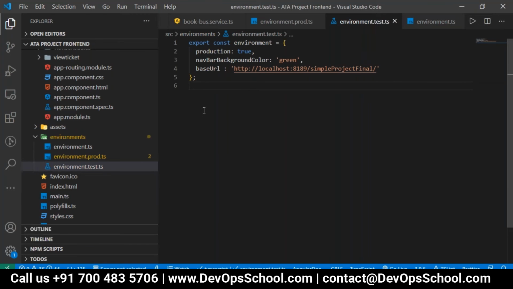So I will use it here, which is for testing. Maybe here I will give different projects. With the test environment, we have to configure this so that it will be taken to that particular application for the testing environment.